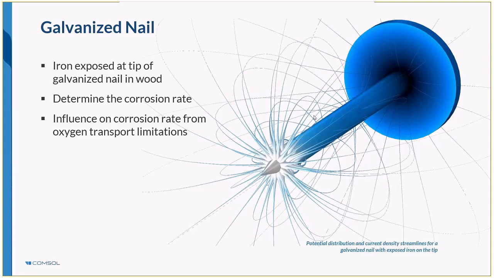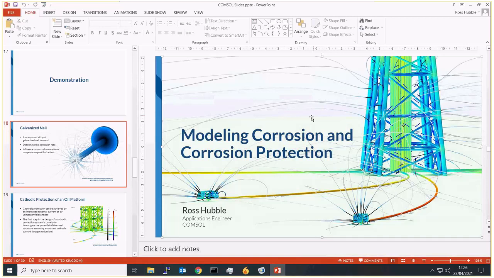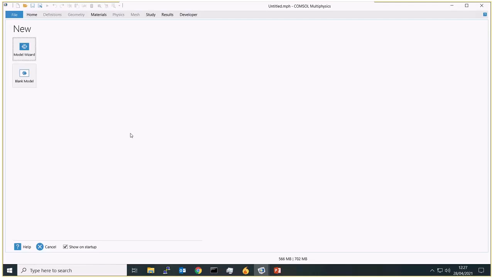So to do this, I'm going to open up COMSOL, and when we open COMSOL, what we're presented with always is our new screen, and what we recommend doing is selecting the model wizard here. The model wizard really accelerates getting started with our model and just asks us a few questions about what we're simulating, and then walks us through the initial setup. So we select the model wizard here,